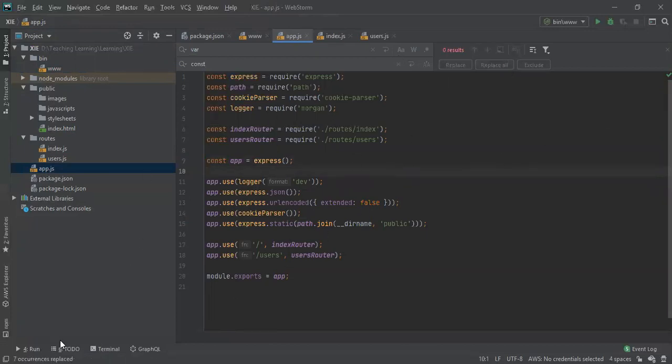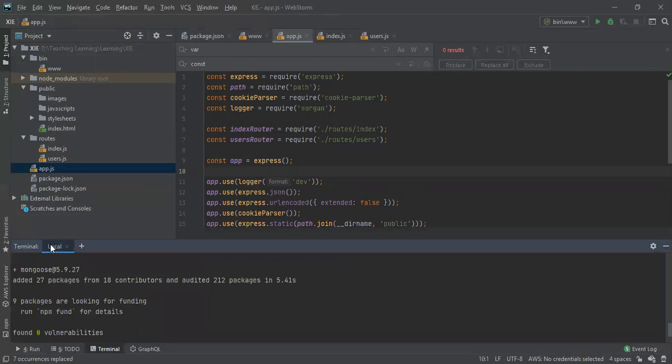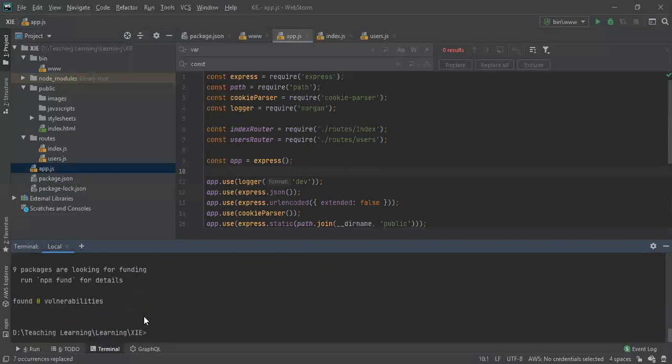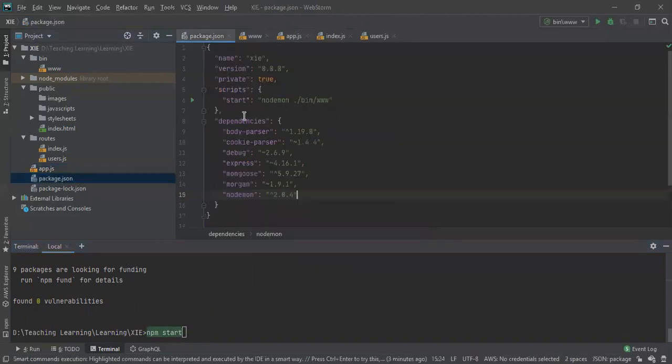So now if we want to run it, we can simply run it using the npm start command. Why are we specifying start here? Because in the package.json file there is a scripts JSON object in which we are specifying start.